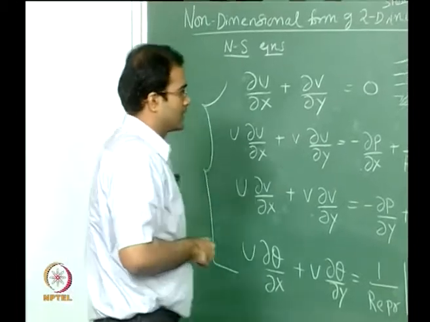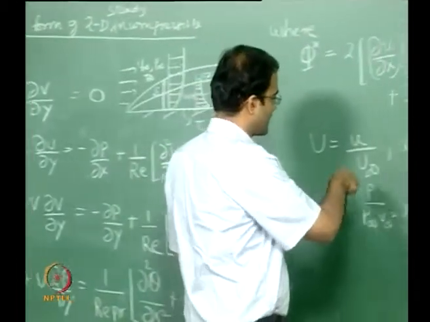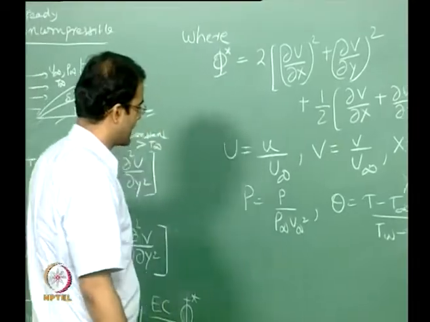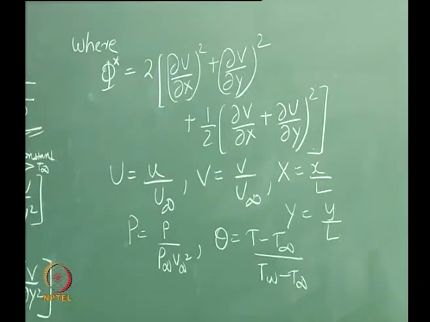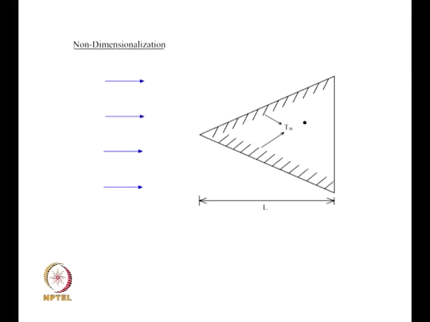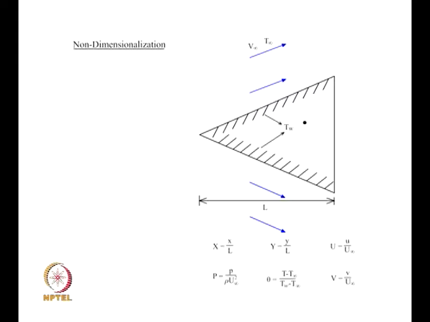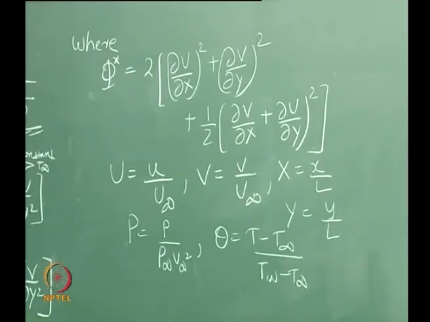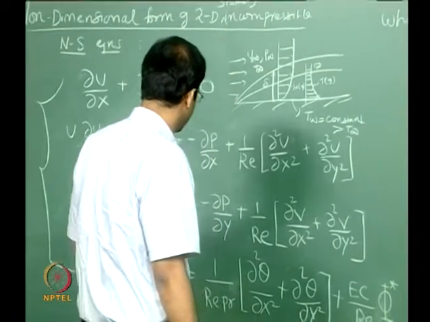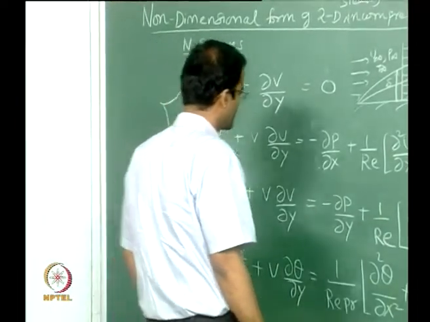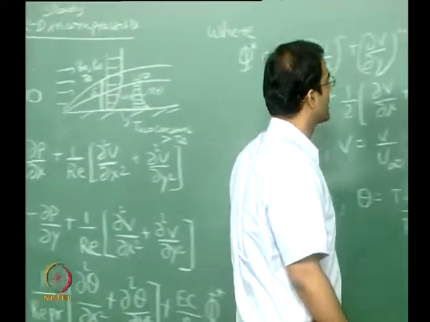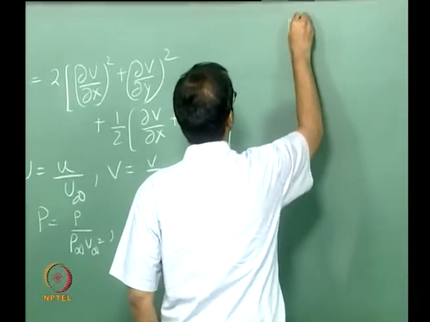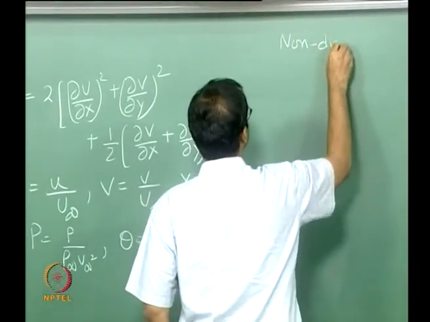And the way that we are non-dimensionalizing is shown here. This was discussed last class. I think all of you can probably reach this particular point. Now the following non-dimensional numbers are popping out of this particular non-dimensional set of equations. Okay, so we will discuss the non-dimensional numbers which are coming out of this.